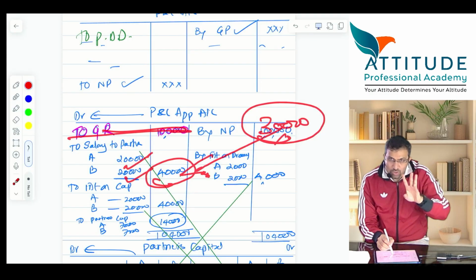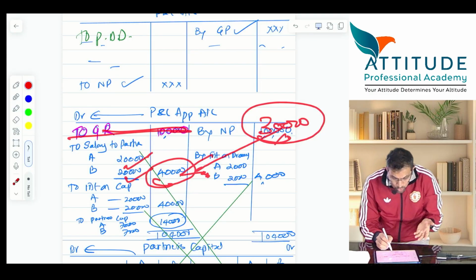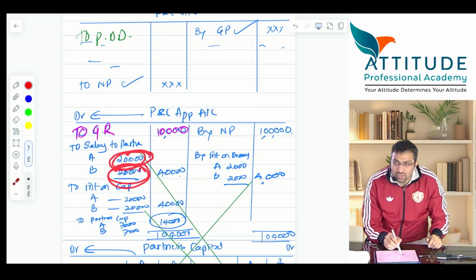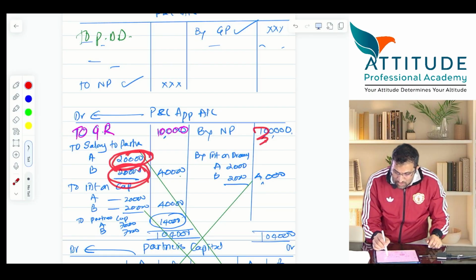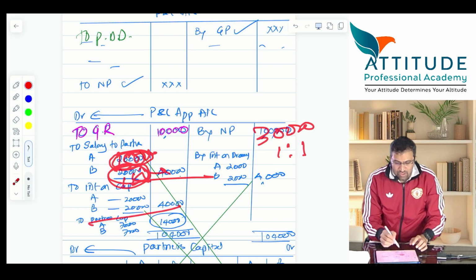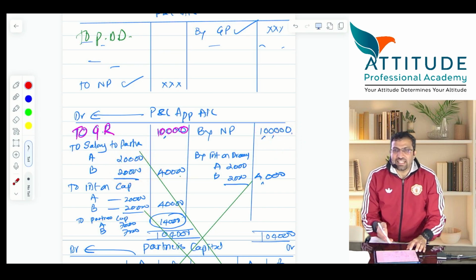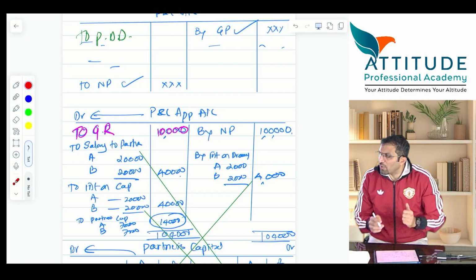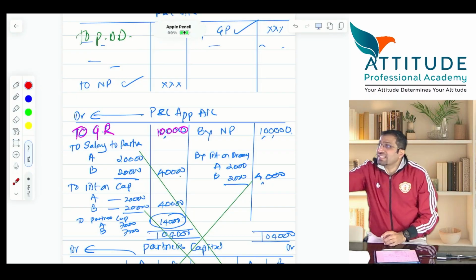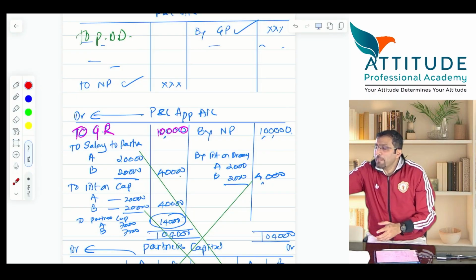Your salary will also be restricted to that. Sir, but how should I give it? In the ratio of their salary. Ratio is 1:1. 20,000 is 1:1. So 30,000 should be divided in the ratio of what? 1:1. That is 15,000 and 15,000. Khalas, no interest on capital. Interest on capital देने के लिए पैसा तो बचना चाहिए ना. पैसा ही नहीं है, profits ही नहीं है. पैसा ही नहीं है means what? Profits ही नहीं है. It means that if profits are not sufficient, if profits are restricted,